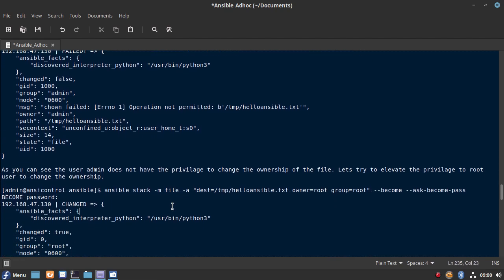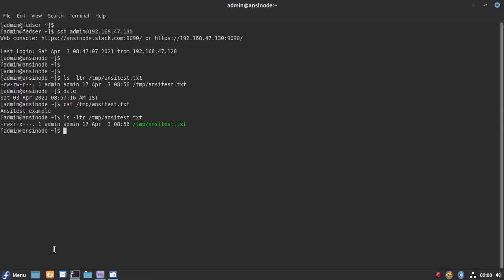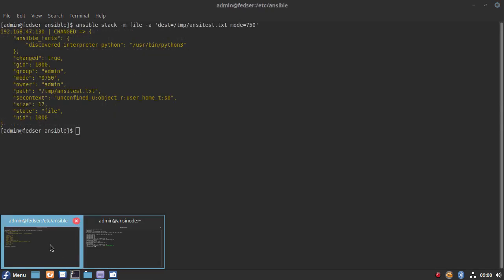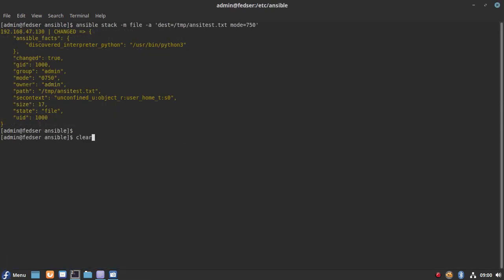Okay, before that I want to show you, if you want to change the ownership to root, we will need to have the escalated privileges. So let's first see without it, to change the ownership to the root user for that file which we created. We'll be using the same module, but we will pass additional arguments like owner is equal to root